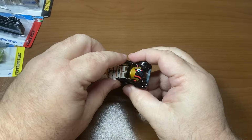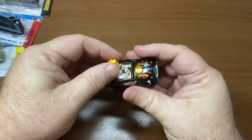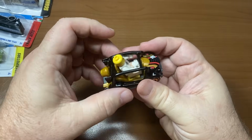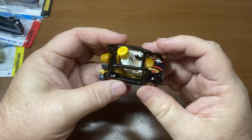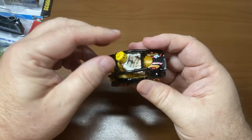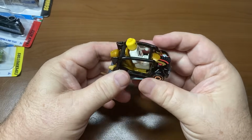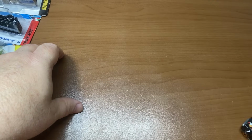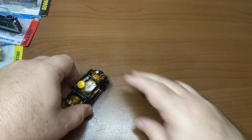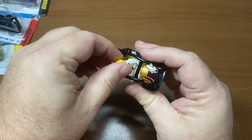So getting the figure in there is always the challenge because, well, sometimes the figures don't quite want to fit in there the way that you want them to fit in there. Now, he doesn't have anything to hold him in place, like as far as slipping and sliding. So this particular figure, he might be in for a bang-up ride. Whoa, that car just took a turn. It does not want to go straight. All right, so again,